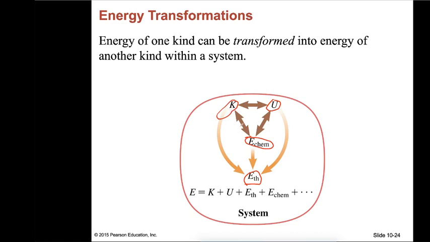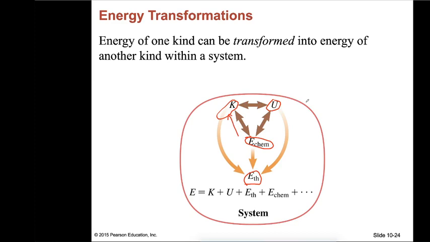Let's say from kinetic to chemical energy or chemical energy to kinetic energy. For example, we eat some food and that food is transferred into chemical energy in our body. We store chemical energy in the body and we can run. When we run, this chemical energy in our body is converted into, let's say, kinetic energy.